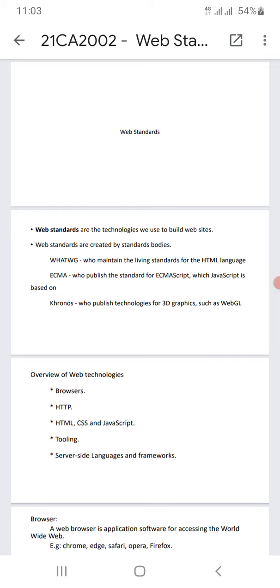So let's go. Web standards. Web standards are the technologies we use to build websites, because nowadays websites are very common to build in the IT field. So web standards are technologies to build a website, and web standards are created by